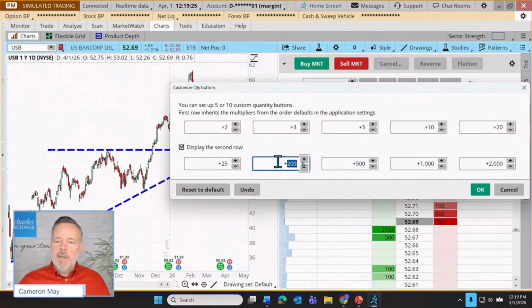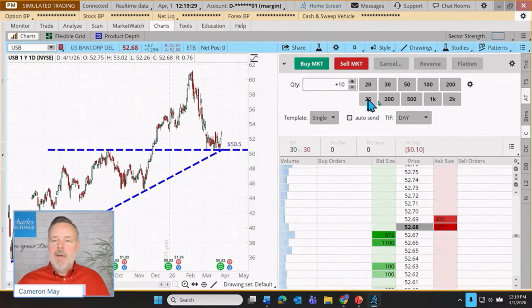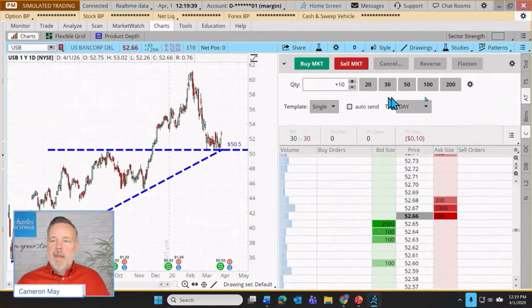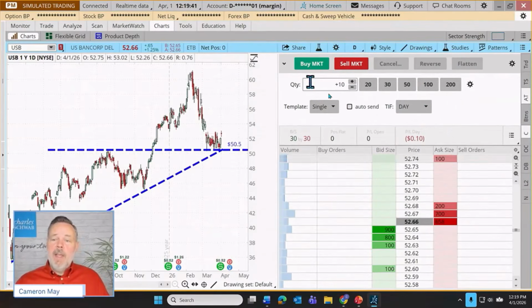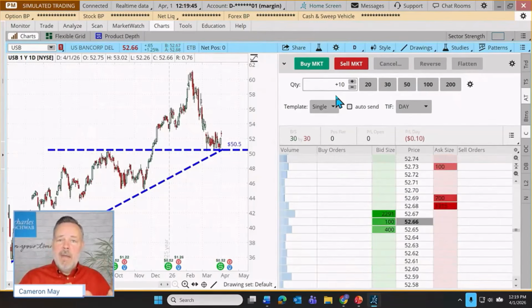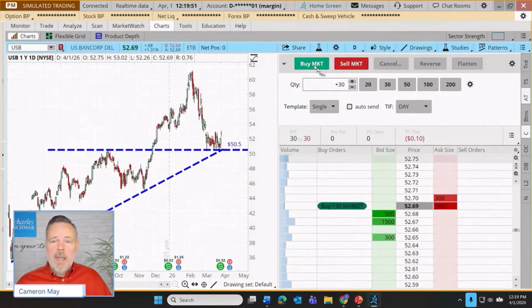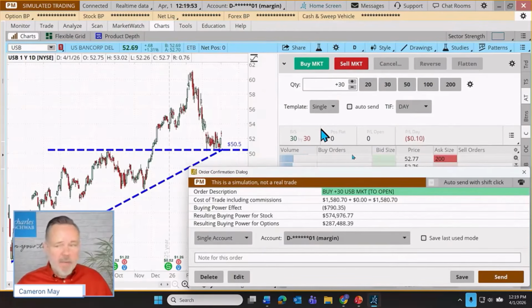You can type these in as you like, but I'm going to click OK, and you can see now we have these other customizable quantities. So that's kind of nifty. I'm going to take that one off for now, just to unclutter things. But at least now we know how we can get this tailored to the preferences of the trader who has speed in mind. They want everything set up the way they want it, so they can just come in and click on a quantity and click to place a trade and send it off.